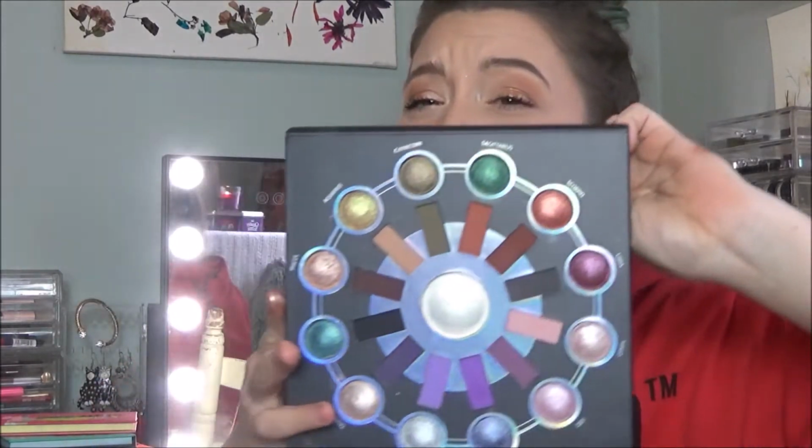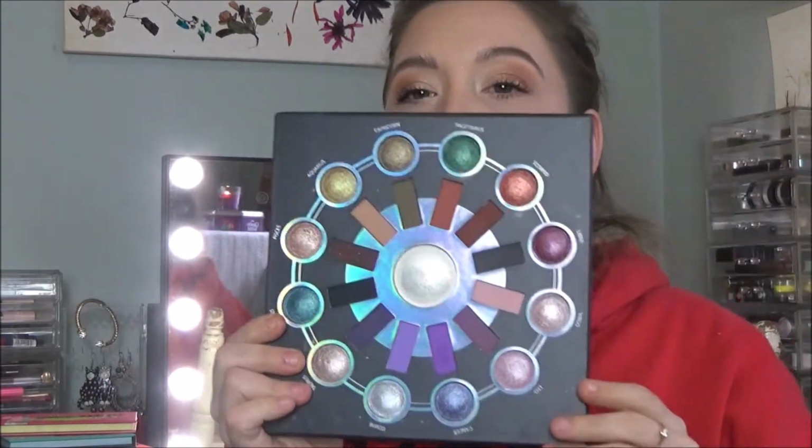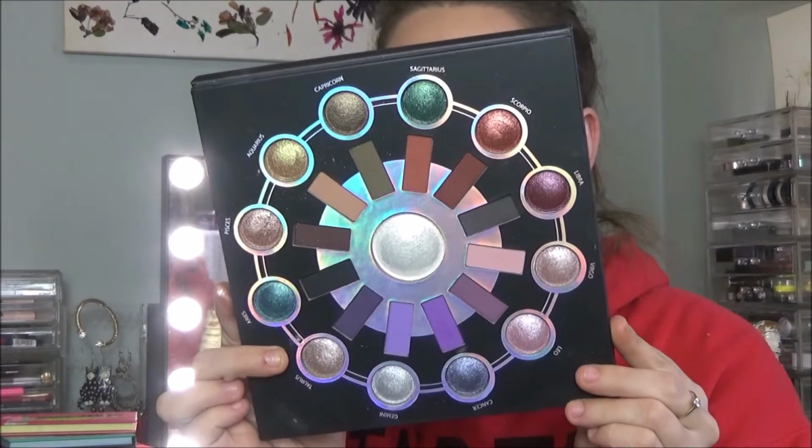Anyway, Zodiac Palette by BH Cosmetics. This was another Winners find. And this is a good palette. Honestly, BH Cosmetics makes some beautiful shimmers. And this is a kind of popular palette, I think. Although, I don't understand that, honestly, because